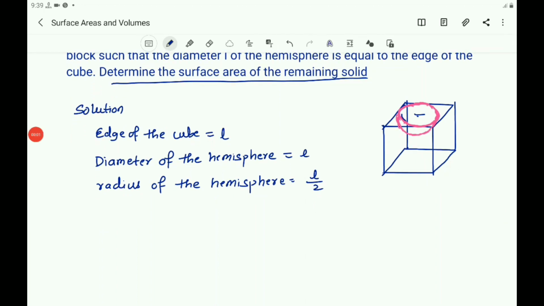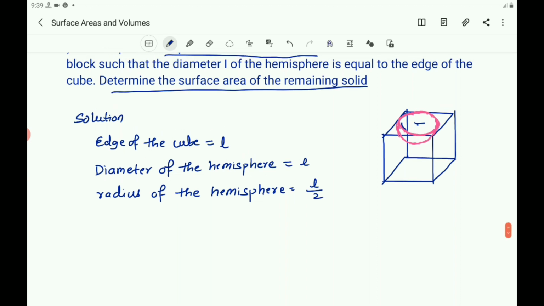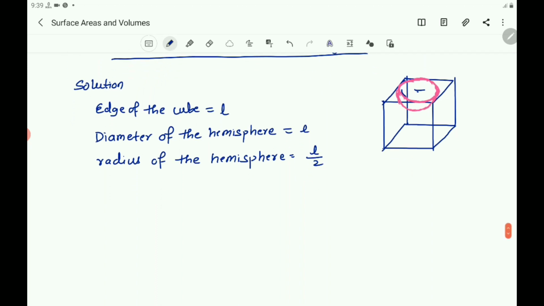The total surface area of the remaining solid equals the surface area of the cubical block minus the circular shape removed from the upper side of the cubical block, plus the curved surface area of the hemisphere. Therefore you write